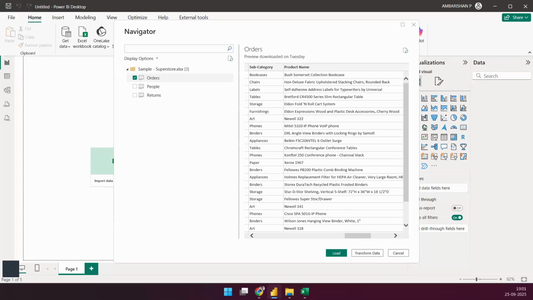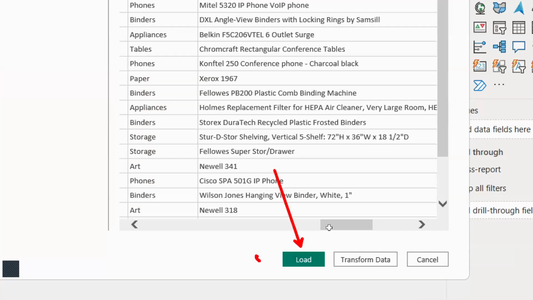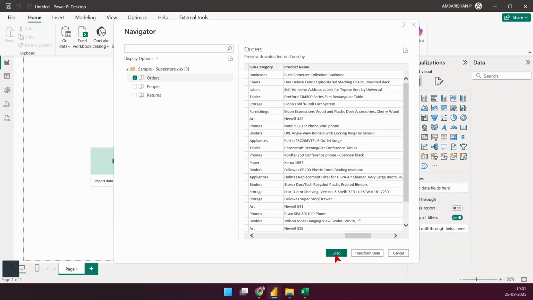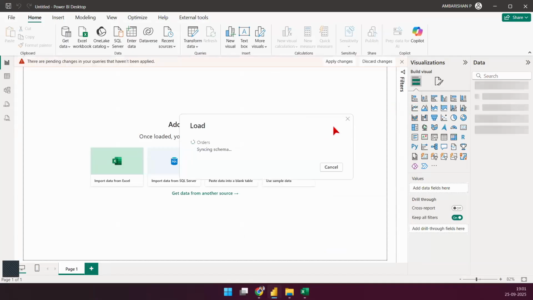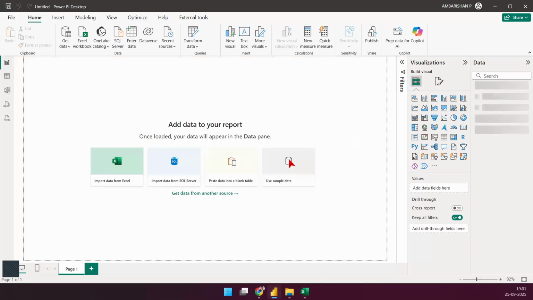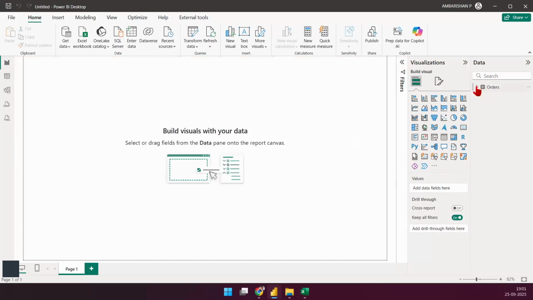So let's say I want to load this data into Power BI. So I'll just go ahead and click on this load button. So I'll just say load, and that's it. It's going to be loaded into Power BI. So now the file is coming up here. Just hold on. Let's see. Have a look. It's loading the file. It's going to take a few seconds. That's it. It's reading that content, loading those many rows, and the data is here.